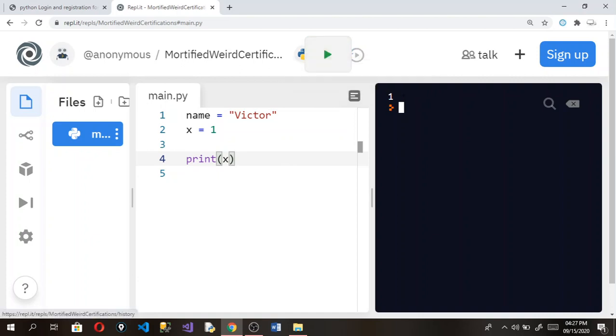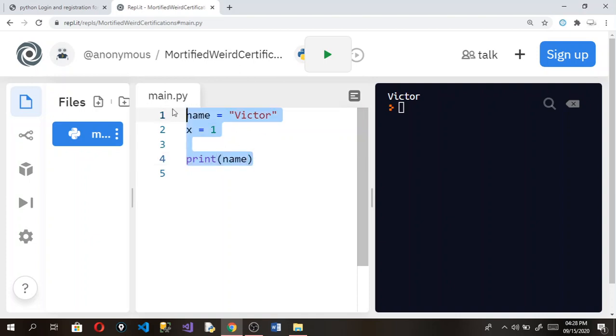What do we get? You see we've got 1 because that is the value of x. X is actually 1. If we try to print name, what do we get? We click on run and we are getting Victor. So you can see that is very important to note. We have to specify the data type we want to print. Okay, so I'm going to clear this out right now, and we are going to look at another important keyword